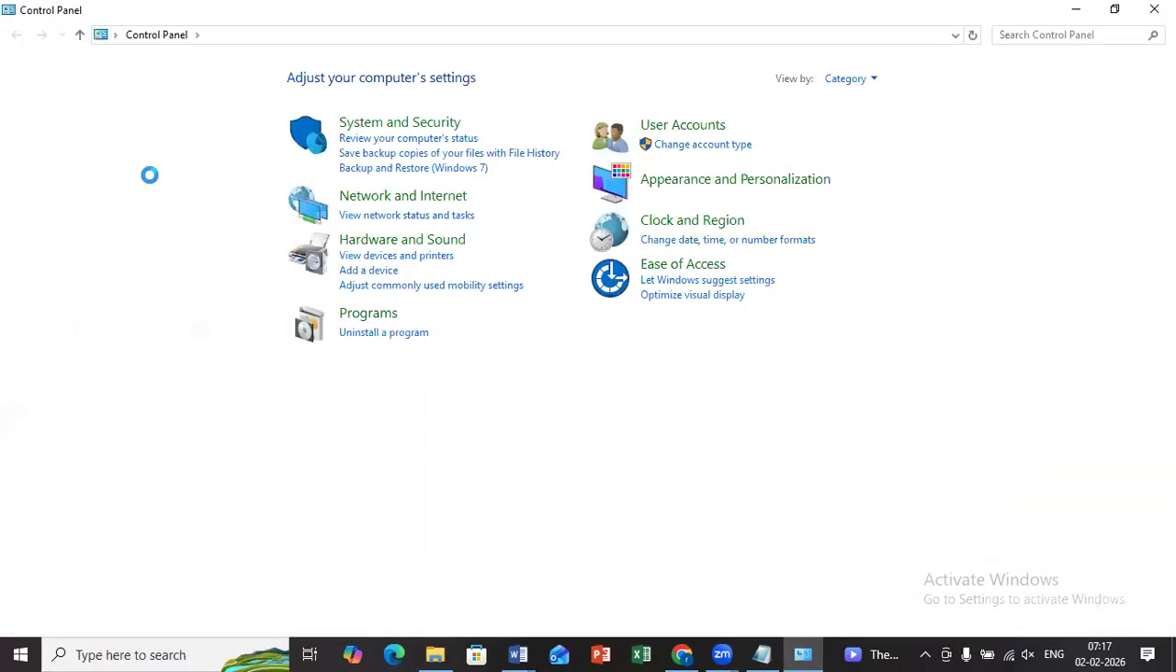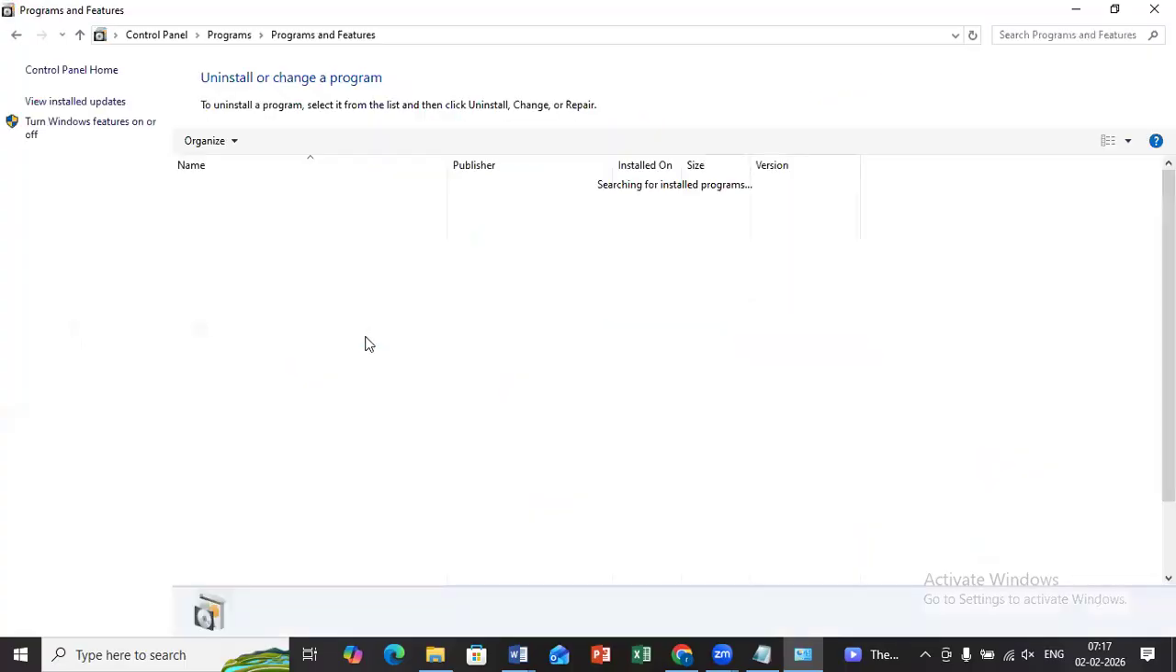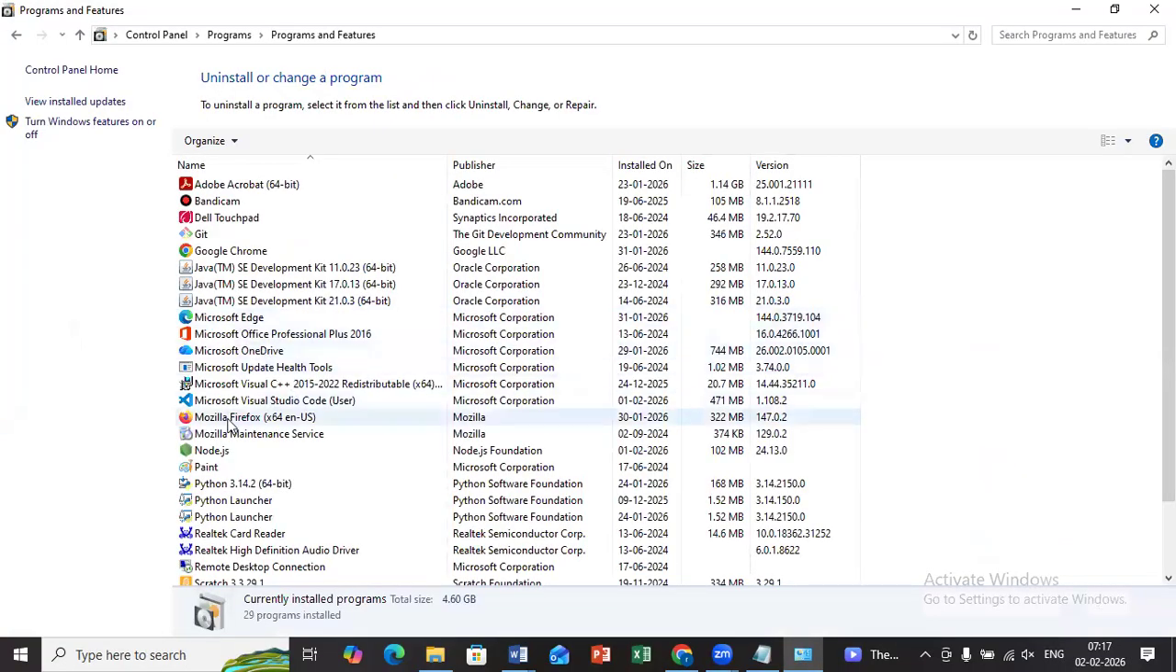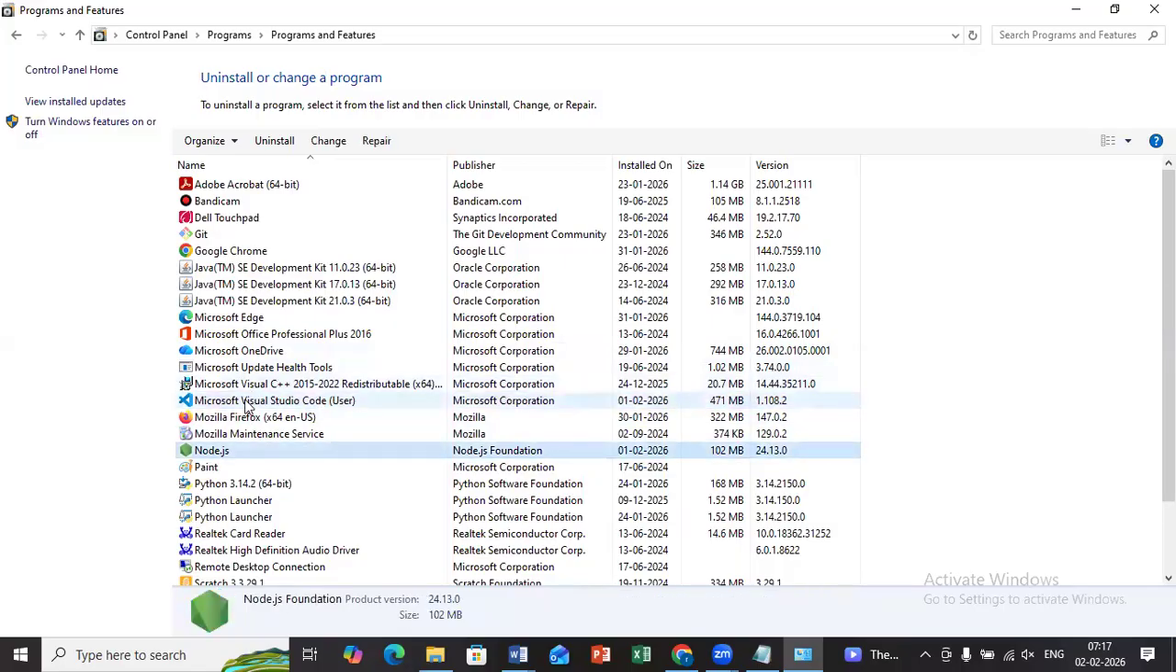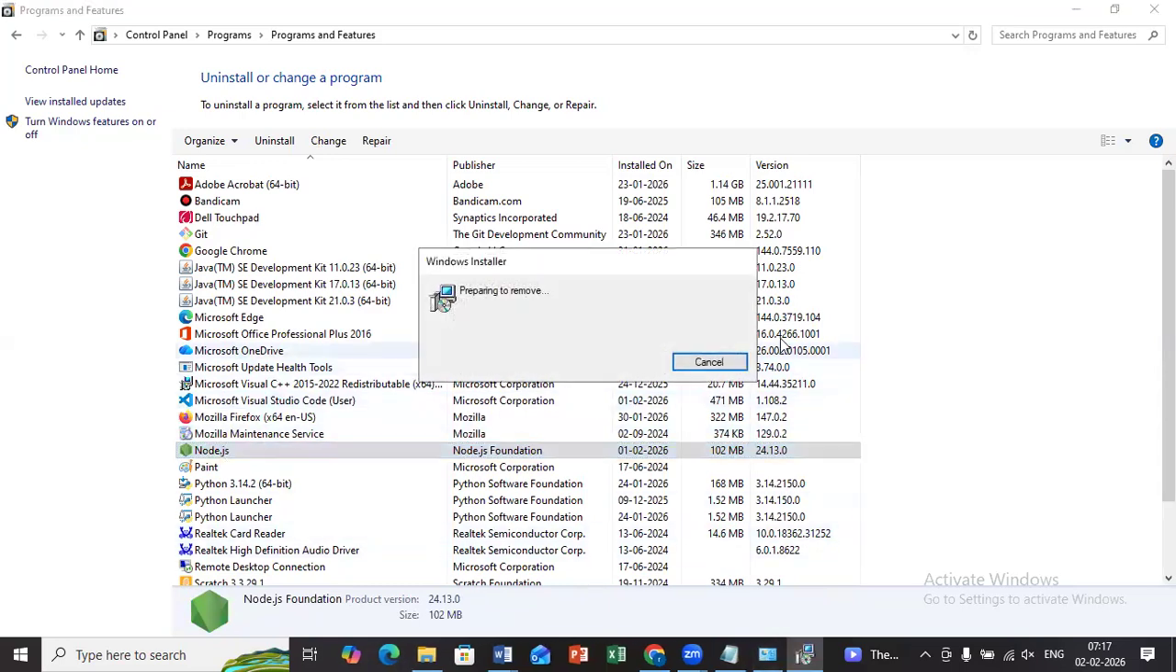First, you go to the Control Panel, where I already have them installed, friends. I'm showing you uninstalling and then I'll show a fresh install. Here, yes, VS Code and Node.js. These two I am uninstalling, friends. Let me uninstall it. Double click Node.js and